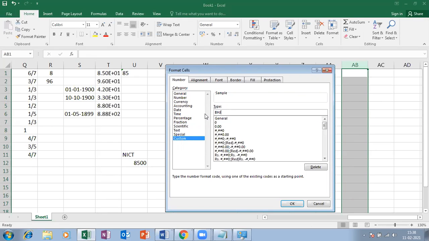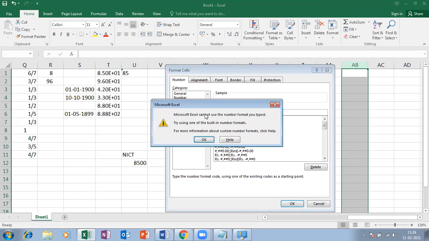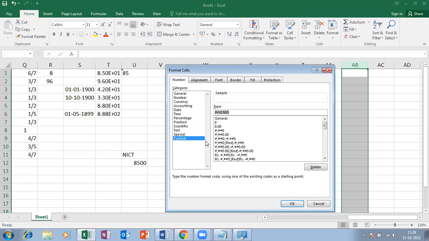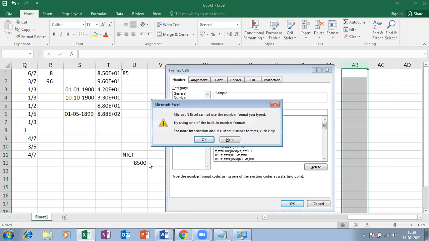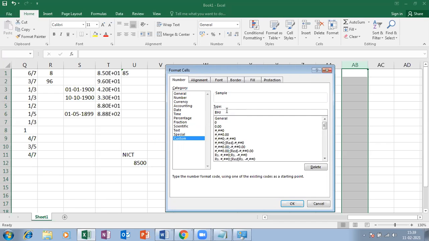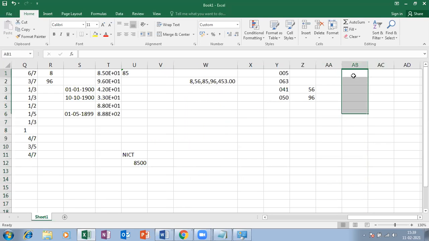So numbers also starting with 0. So after this, I'm going to give just 1. One second. Okay, let me take only the text. So what happens here? 1, 2, 3.